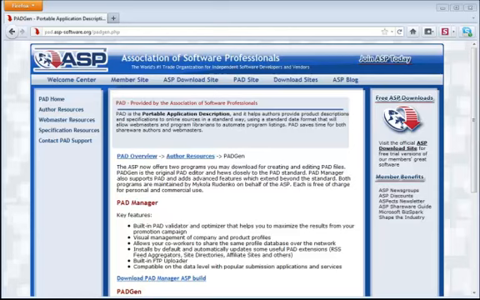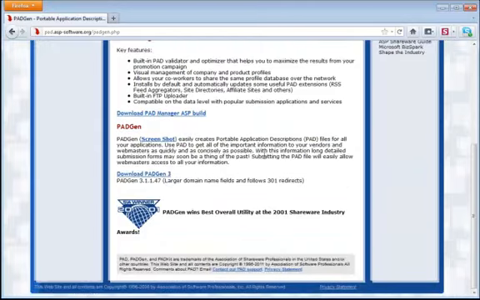The page that I have opened in my browser is the download page for PadGen, and you can access it at pad-asp-software.org/padgen.php. From this page, we want to download PadGen. I'll go ahead and click the download link, and while it downloads, let's read a little bit about PadGen and